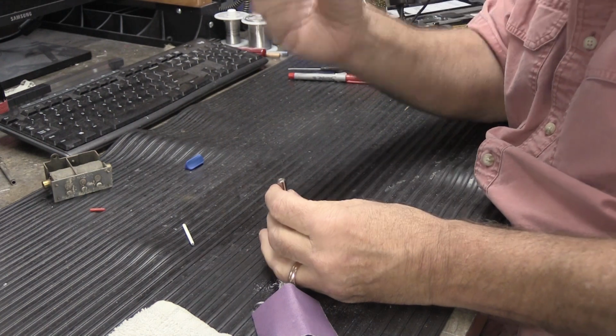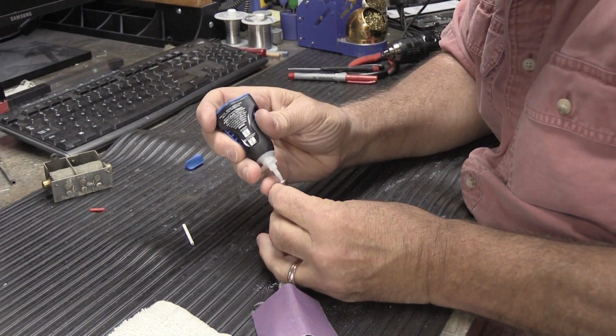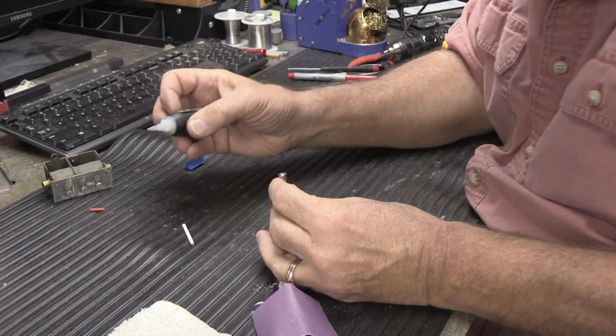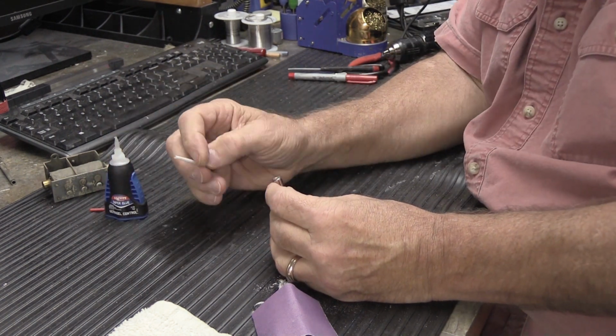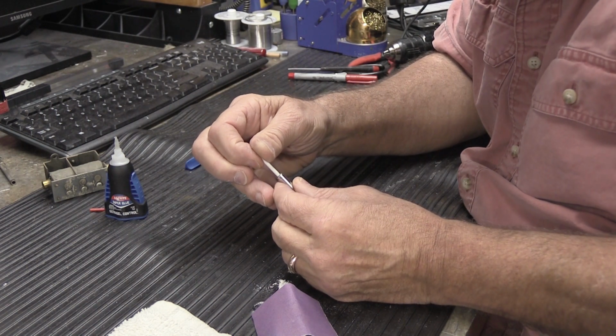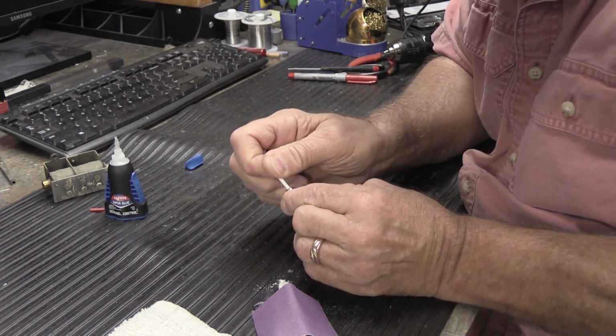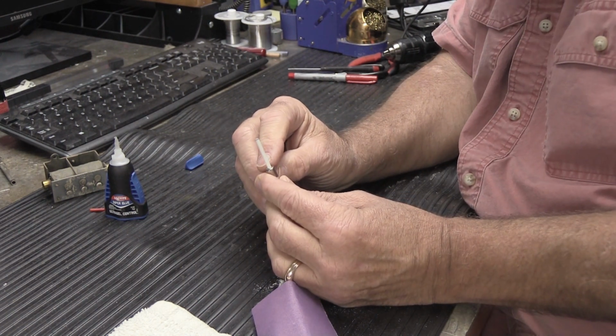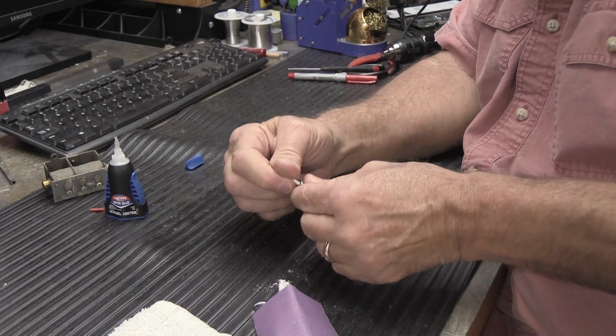So what you do is you very carefully squeeze a little bit down into there. Doesn't need to be a lot, and yes, it's going to squish out, and no, it doesn't matter. And then you take the tip and I sort of turn it and press it in like that. If you get too much, it'll squish out the top, and I'm going to put too much in the second one